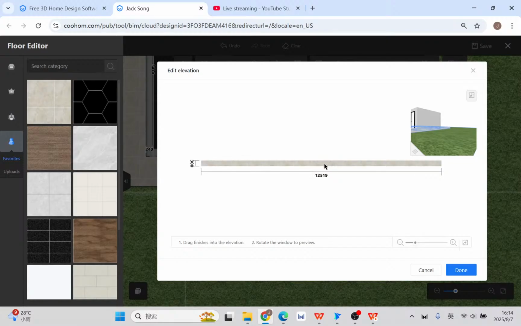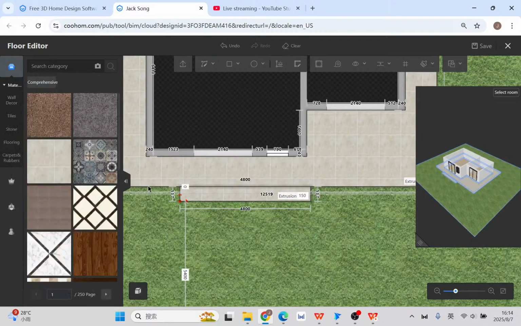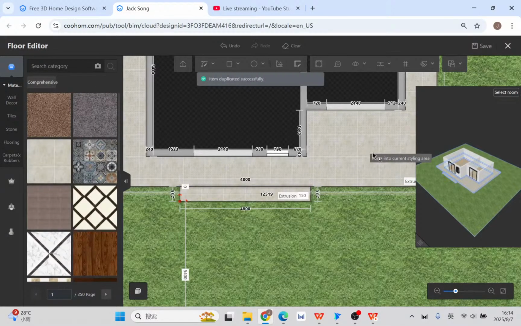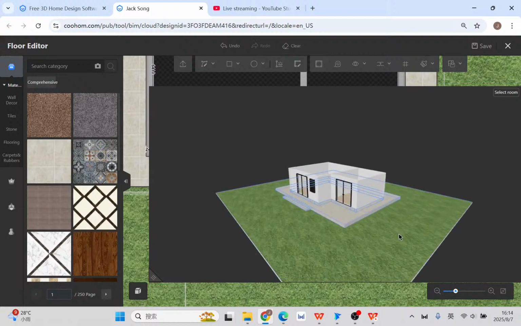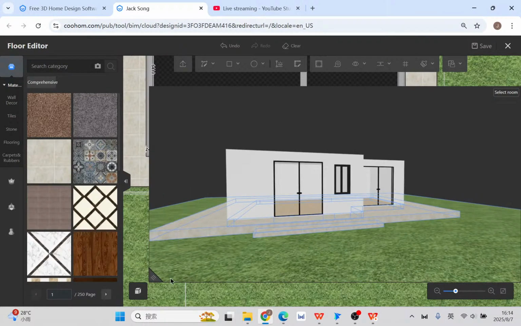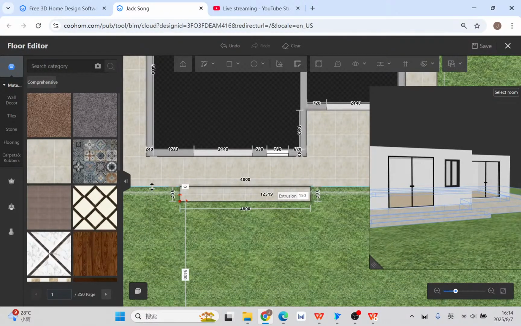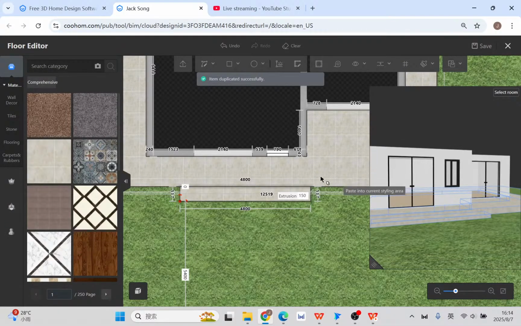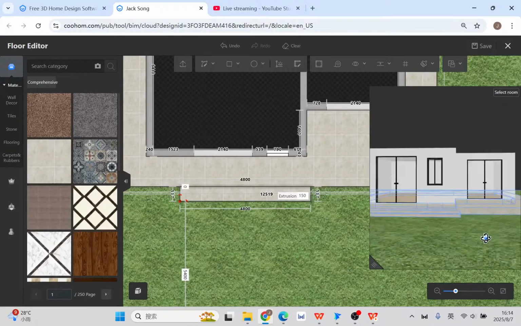Because you already added it to favorite, you can just click and put. And also combine them, click the entire area, and check. This one is really easy. Once you have one elevation set, duplicate it to the entire room and the entire elevation. See,